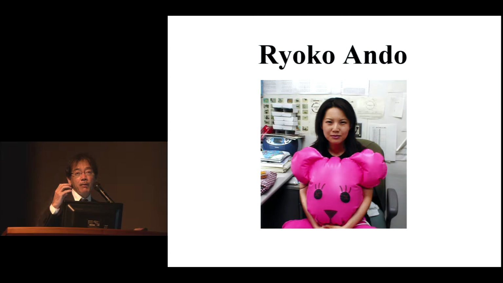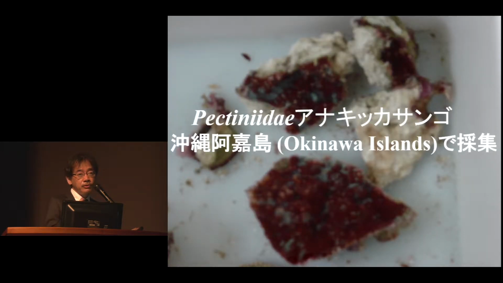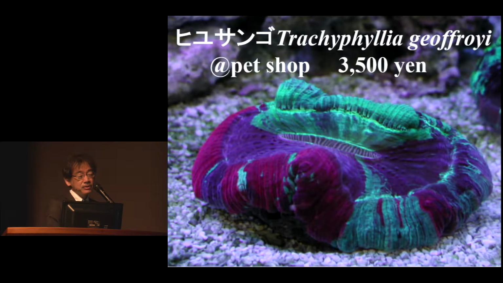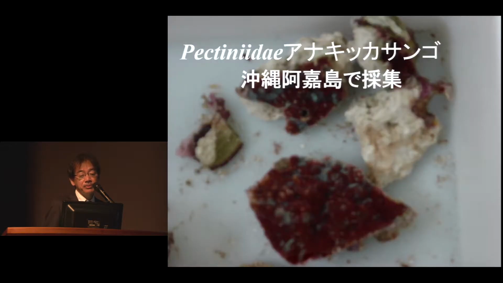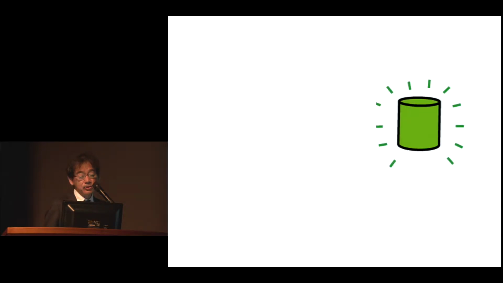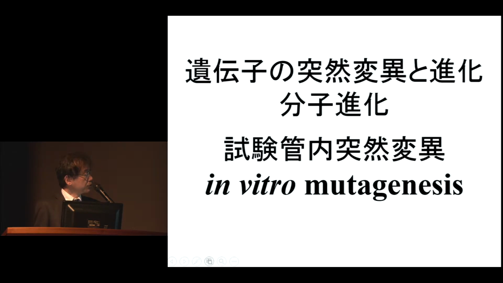And after our paper on Kaede came out, Ryoko brought me a new coral sample. But I was not so happy when I saw it because it was very shabby. Compared to the Trochophyllia which produced Kaede protein, the new sample was very dirty. But from this coral, she cloned a very bright, green-emitting fluorescent protein, and then she performed in vitro